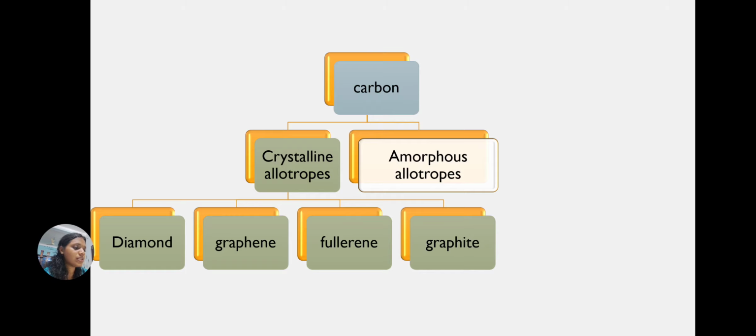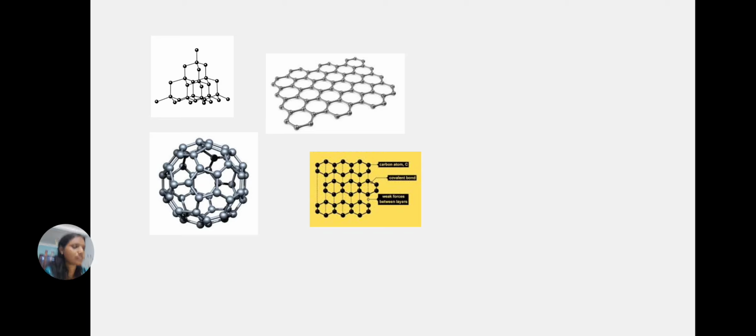We saw in diamond, each carbon atom is bonded to 4 other carbon atoms by single bonds, and in the remaining allotropes, look at these pictures, each carbon atom is bonded to 3 other carbon atoms, and there is a mixture of single and double bonds. We learned that diamond forms a network 3D array of carbon atoms, that graphene is composed